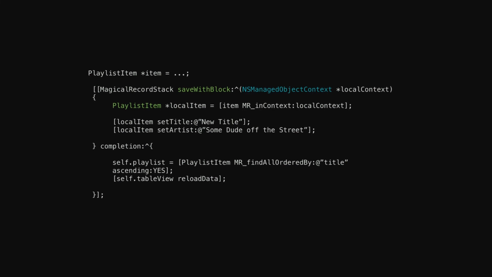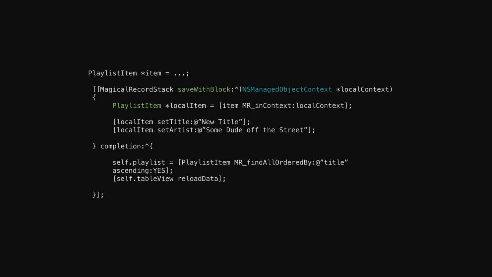This completion block is performed on the main thread. If you're familiar with iOS, you'll know that any operation you do on any of the UIKit objects is required to be done on the main thread. And so we made that completion block call on the main thread.